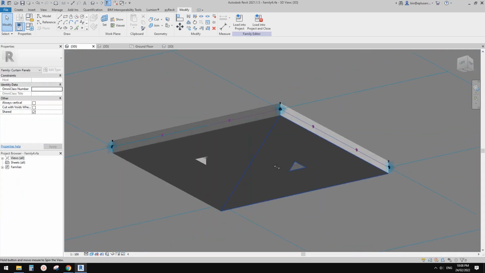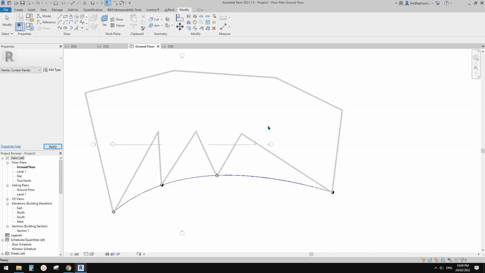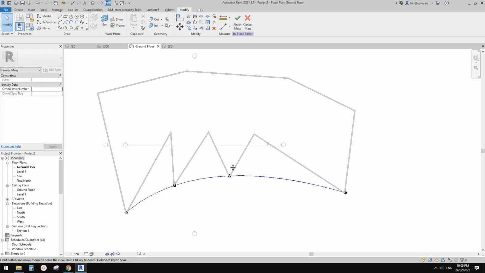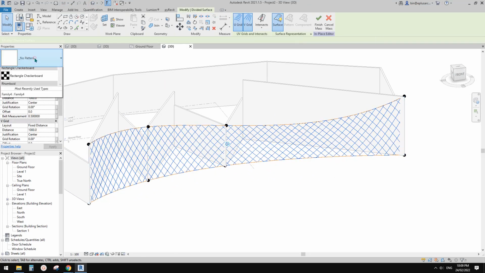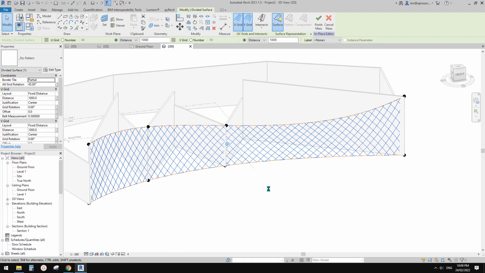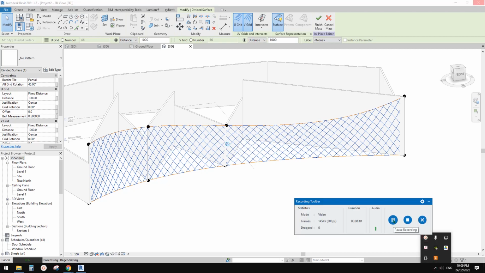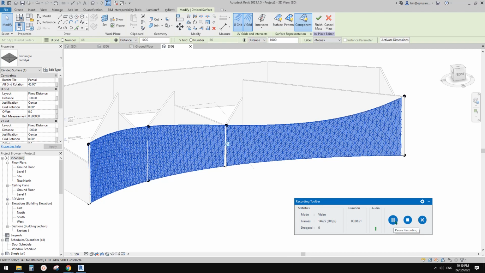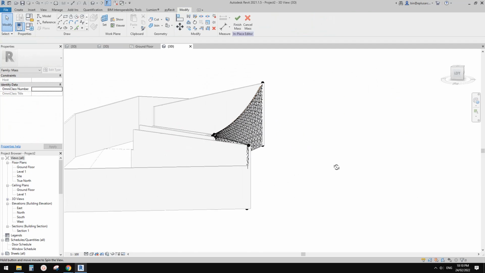and then we can go back to where is that one? So this one, and then load this into that project. Okay, and then we can go back to 3D view again, select this divided surface, and change that to this. Okay, so this will take a little bit of time. I think I'll pause. Okay, so now we have these